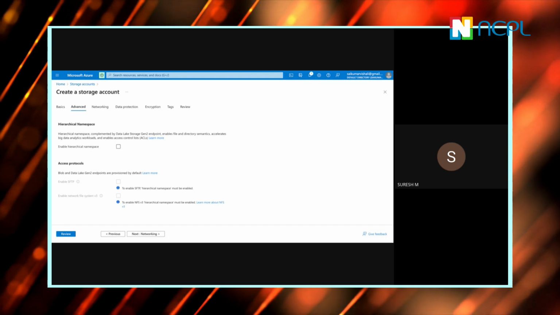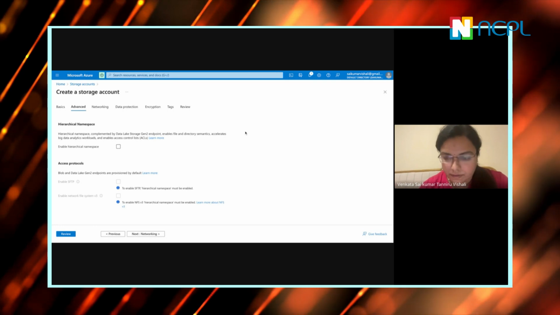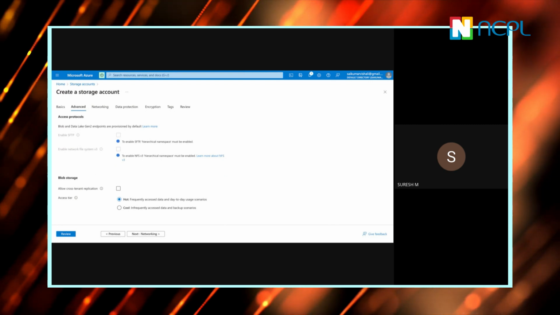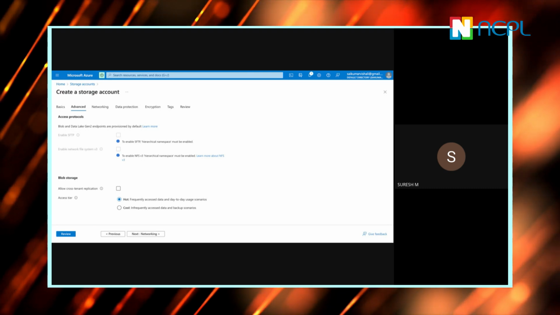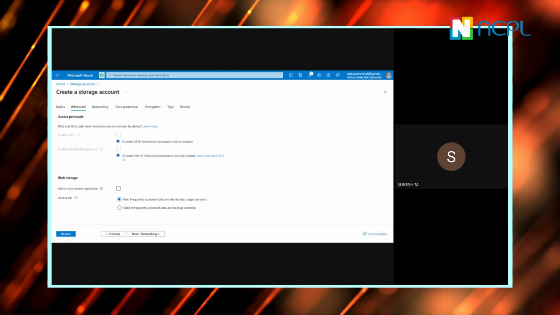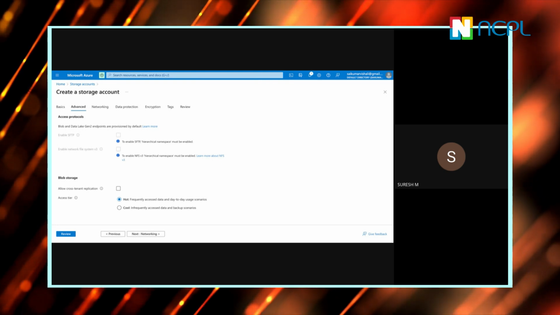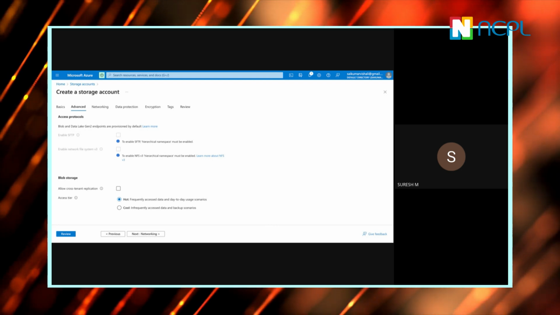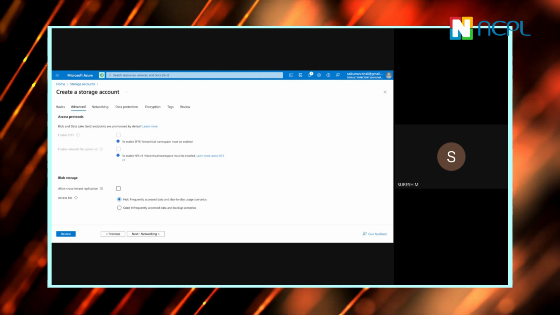Coming down, scroll a little down, Vishali. Yeah, there's something called access tiers, hot and cool. When you use the data frequently, that can be kept under hot. It's as simple as that: frequently accessed data for your daily scenarios can be kept under the hot tier. By default, whenever you pick up, all your blobs can go to the cool tier. It's again a chargeable one.